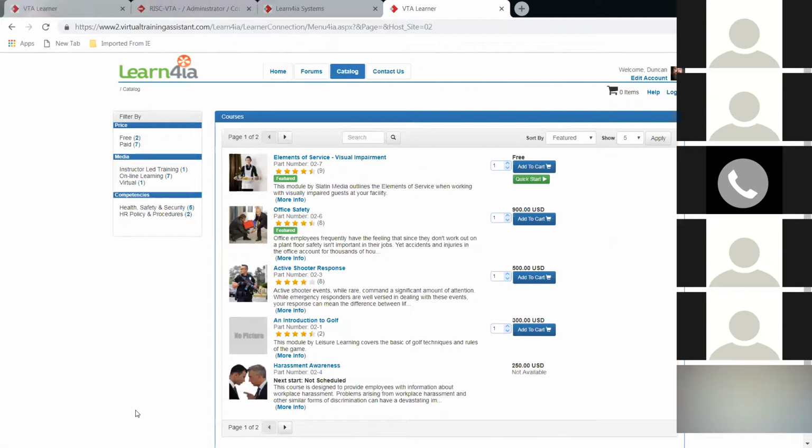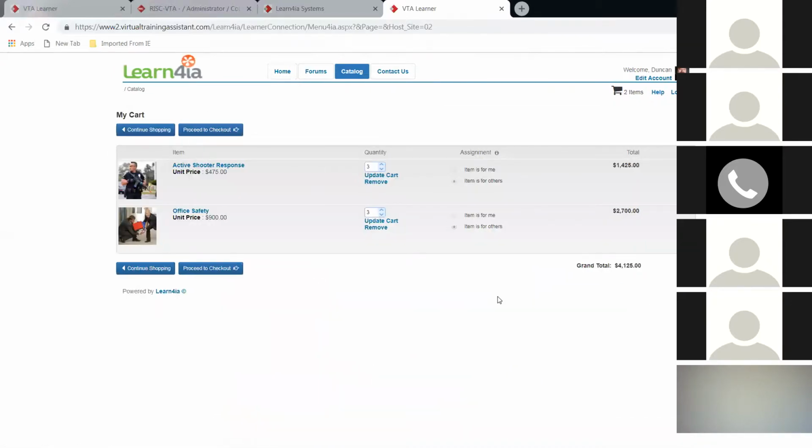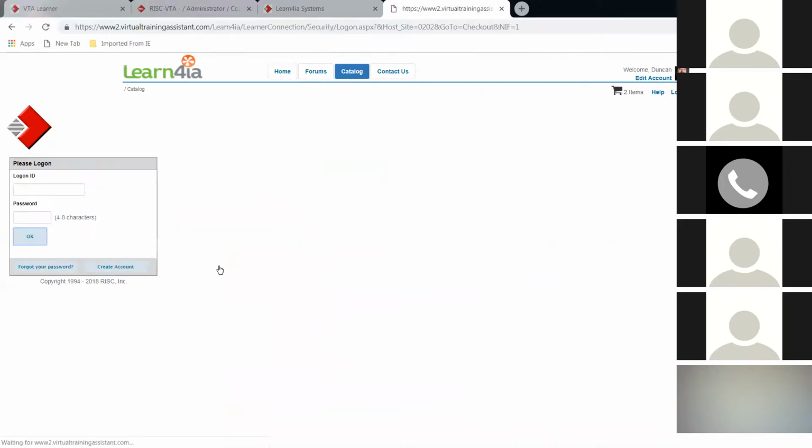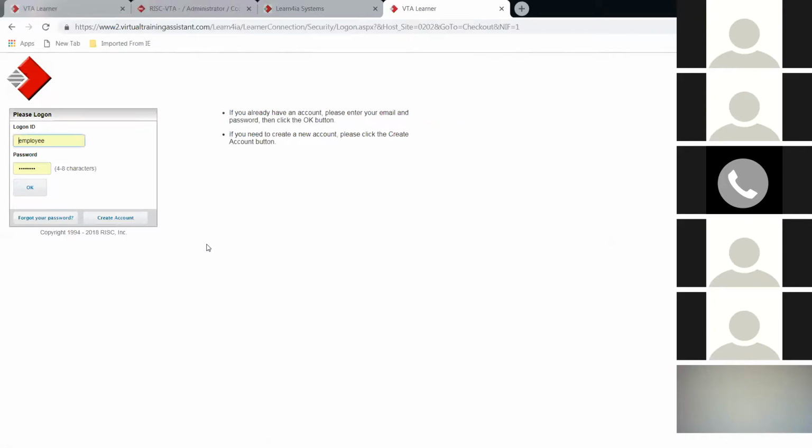So if someone wanted to go through and say, gosh, you know what, I'm going to buy 4 instances of this course, I could add it to a cart. I can go through my kind of standard cart function, update those if that's assigned to me or if that's going to be assigned to others. I could check out and